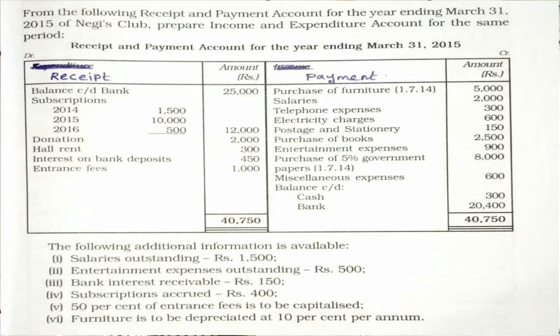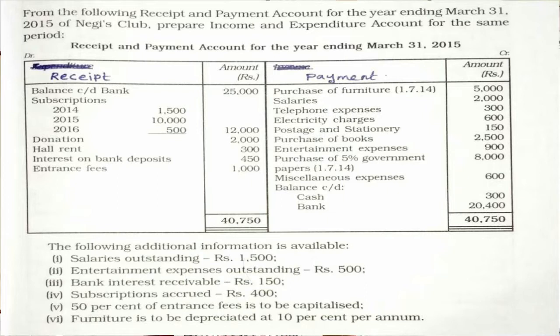And the next item, donation, rupees 2,000. The next, hall rent, rupees 300. The next, interest on bank deposit, 150. Entrance fees, rupees 1,000. On the payment side, the first item is purchase of furniture on